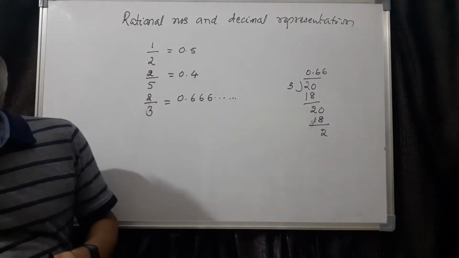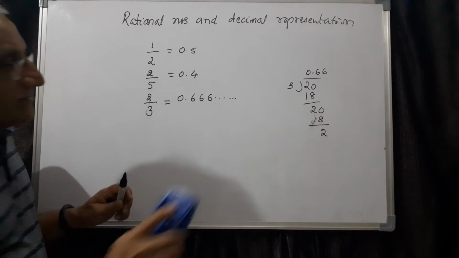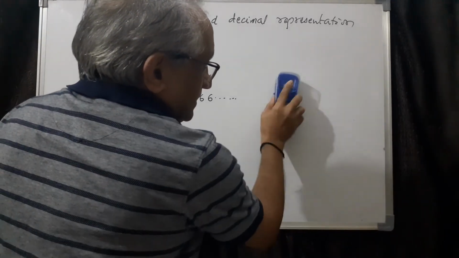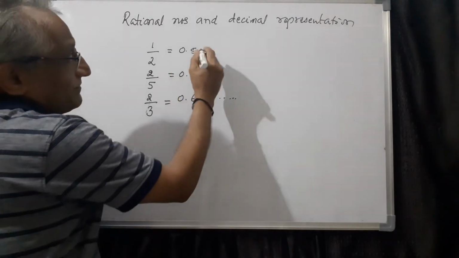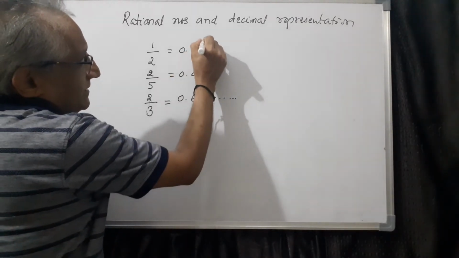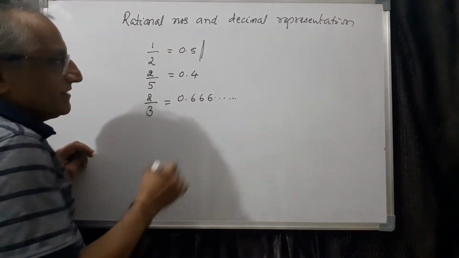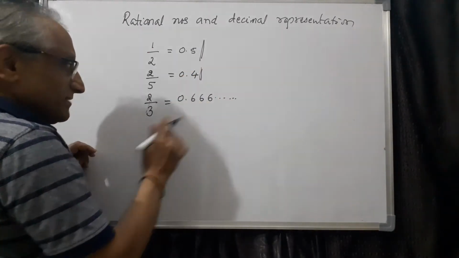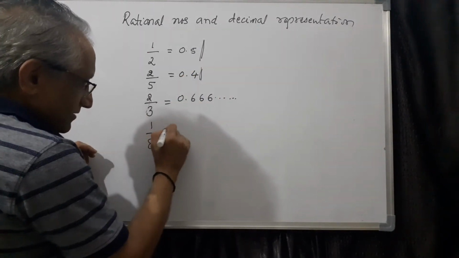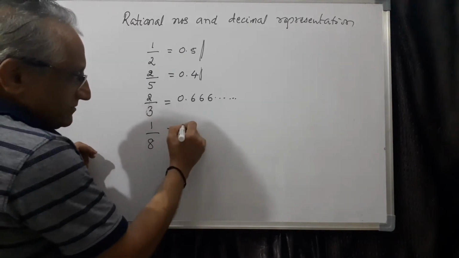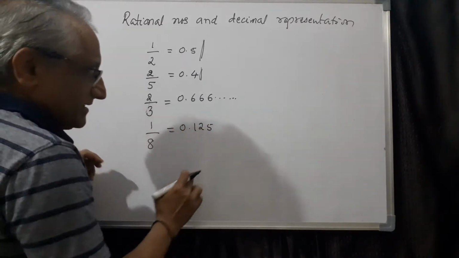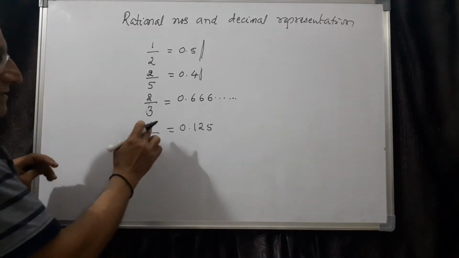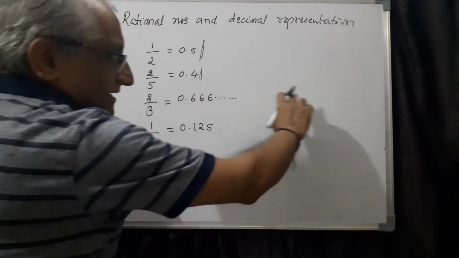So from these two examples it is very clear. There are two possibilities for a rational number whenever you represent it in decimal expression. One is that it will terminate, at this point it terminates, at this point it terminates. Of course, sometimes, you can take 1 by 8, you can check here 1, 2, 5. So there are three digits, and then it terminates. But there are some others where it is never ending.